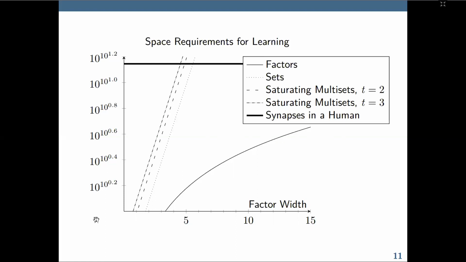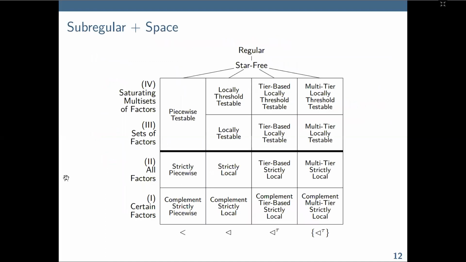All right, so let's see what happens to the typology of hypothesis classes when we take into account the space requirements. Now, if we look at subregularity as a property emerging from these typologies, and we additionally add the constraint of space, we can take this line and just bisect it right down the middle. So now we've reduced our hypothesis space from 15 classes to 8 classes. Now we have a learner that's restricted just to the piecewise, strictly local, tier-based strictly local, and the multi-tier based strictly local, and their complements.